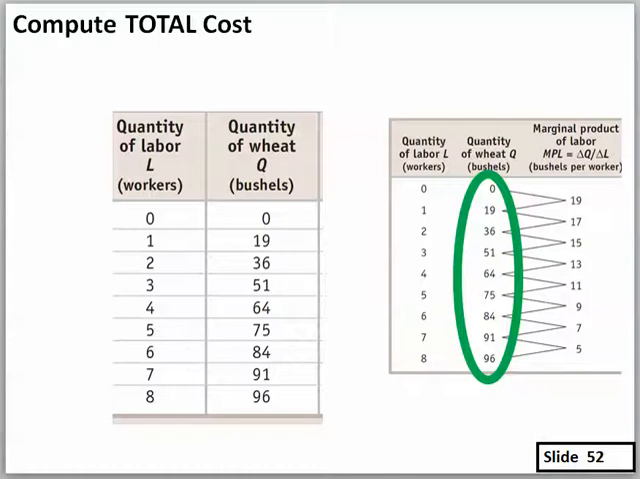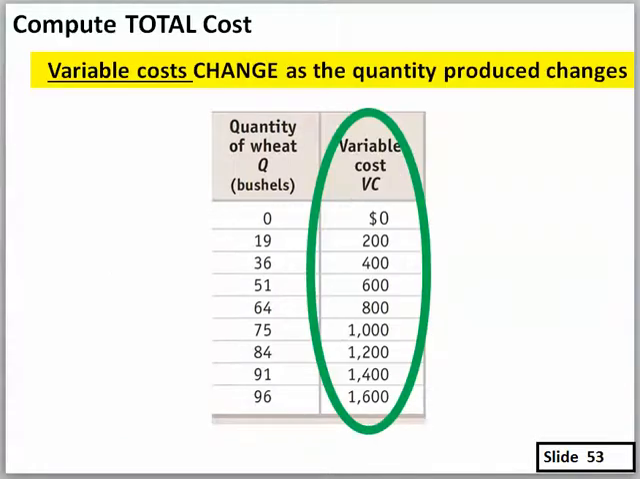So in the column you see the number of workers. Now we're going to assume that each worker costs us $200. So the first worker costs us $200. The second worker costs us $200 more. So in order for us to get that 19 bushels, we only had one worker. That cost us $200. To get 36 bushels, we end up with $400 because we have 2 workers now,